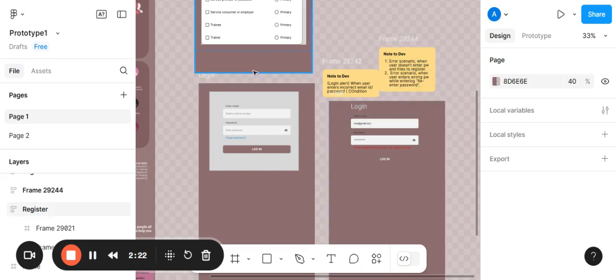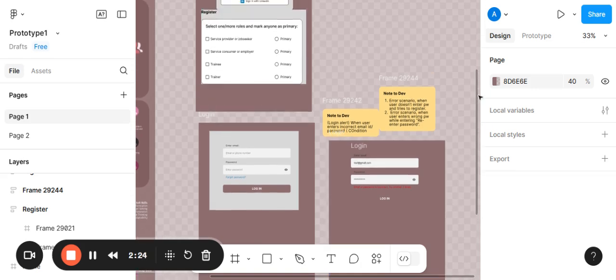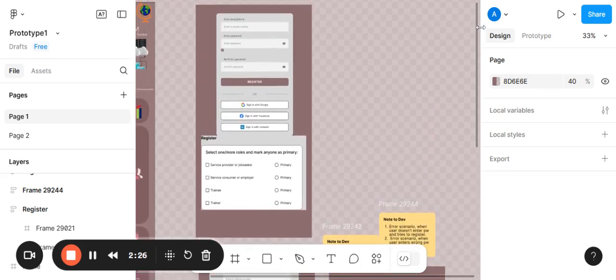And similar for register, if the user ID already exists or the password re-entered is wrong, it has to show a wrong password. Each scenario should be addressed so that there are no errors in the future